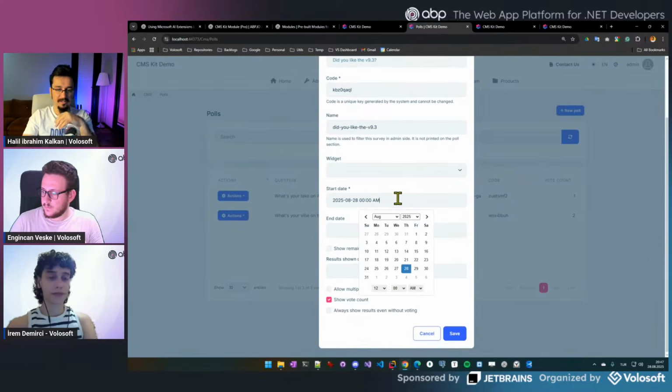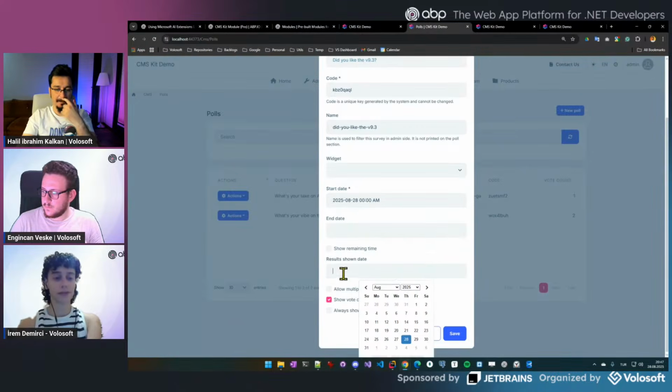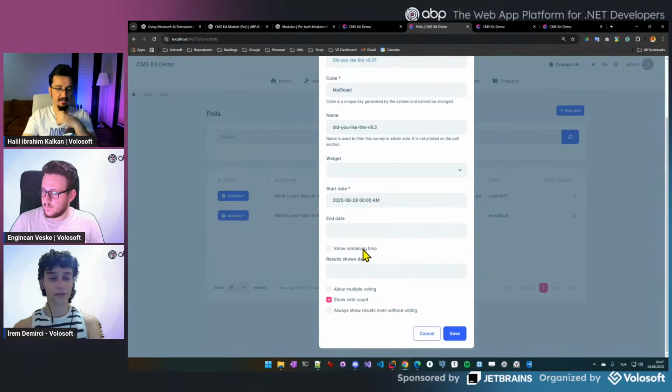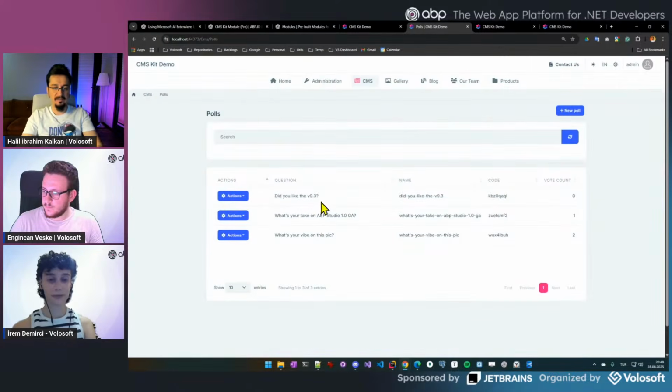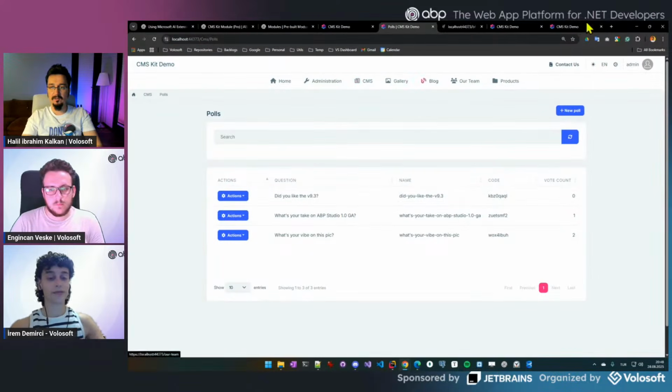There are many options, like when this poll will start to be shown, when it will end, how many days it will continue to stay, and so on. If you want, you can allow multiple voting, and so on. Okay, we have created a poll, but where will we see that? To do that, for example, I want to go to the blog,